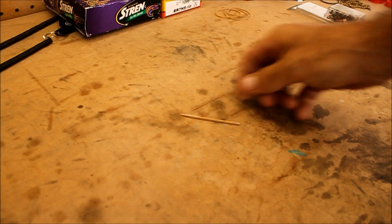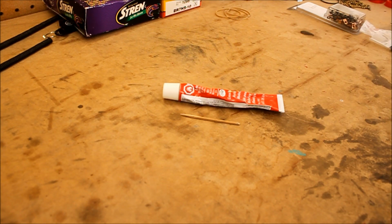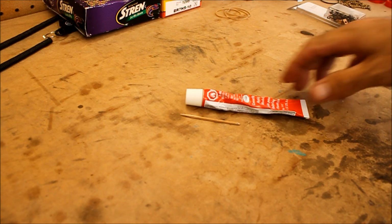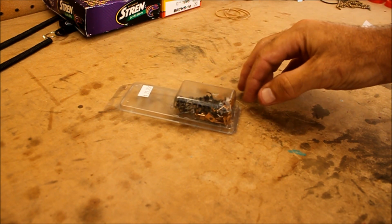Going to need a toothpick because the areas that we're going to be gluing are relatively small, so I don't need to put a whole lot of glue on there, especially with the wide tip or the nozzle that's on the glue. I prefer to dab it onto a piece of paper and then use a toothpick to put the glue on. The other things that we're going to need are obviously our KD couplers